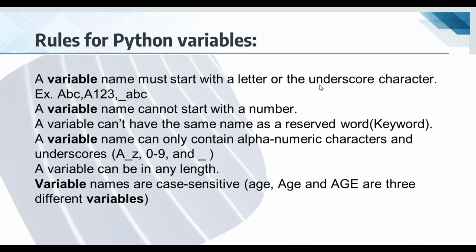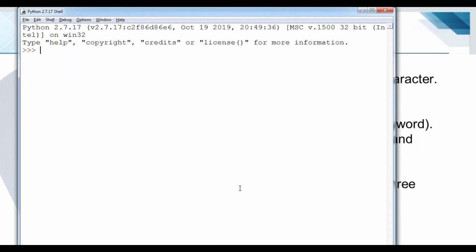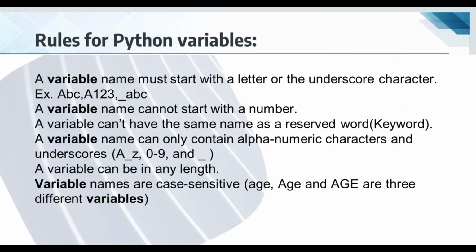So it means a letter is contained. Suppose I create this type of variable, 7A90, this will be an error because a variable does not start with a number first. It will always be alphanumeric, meaning the alphabet will come first. For example A7, then it will be considered a valid variable. Okay student, yes, here is the second rule: a variable name must not start with a number. The next thing, a variable cannot have the same name as a reserved word or keyword.